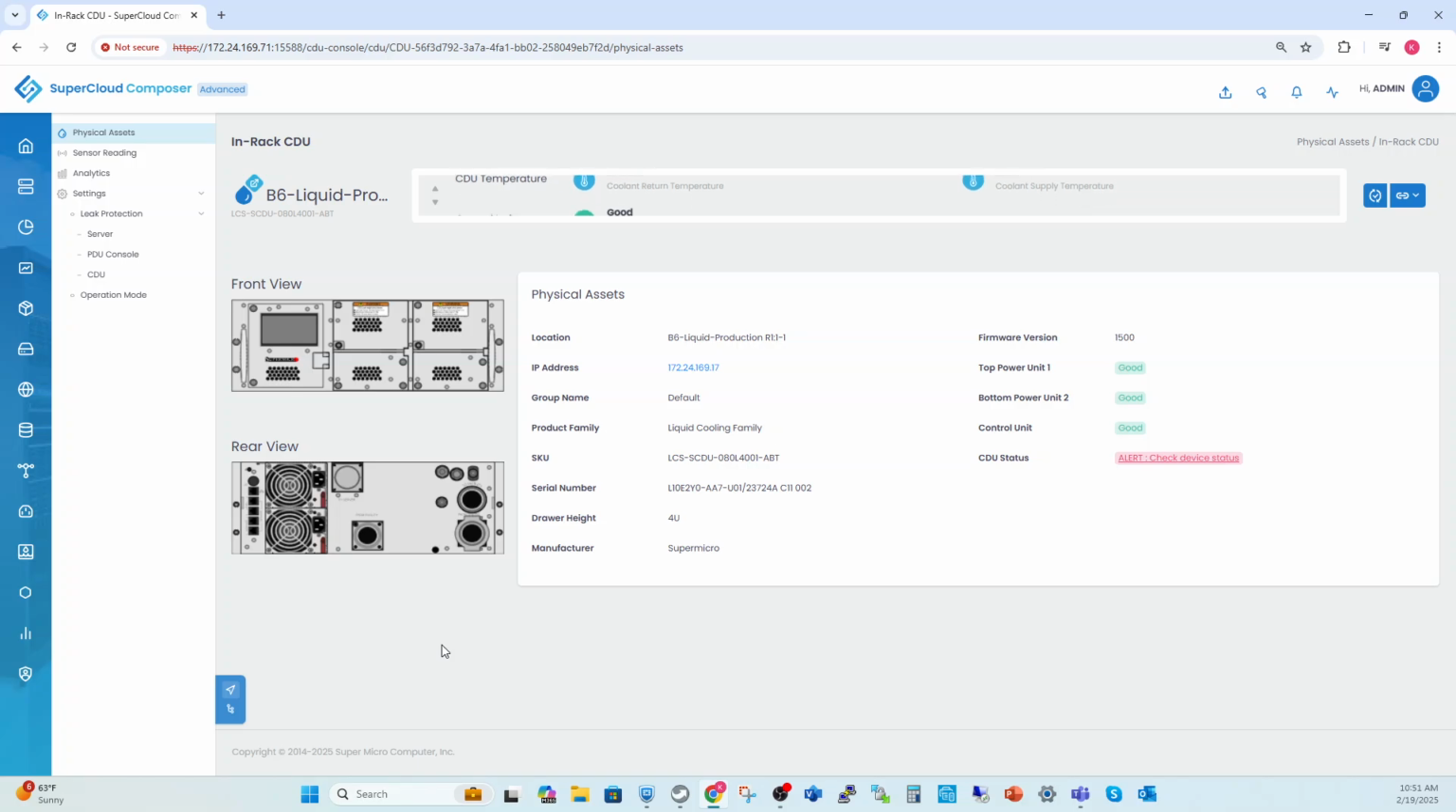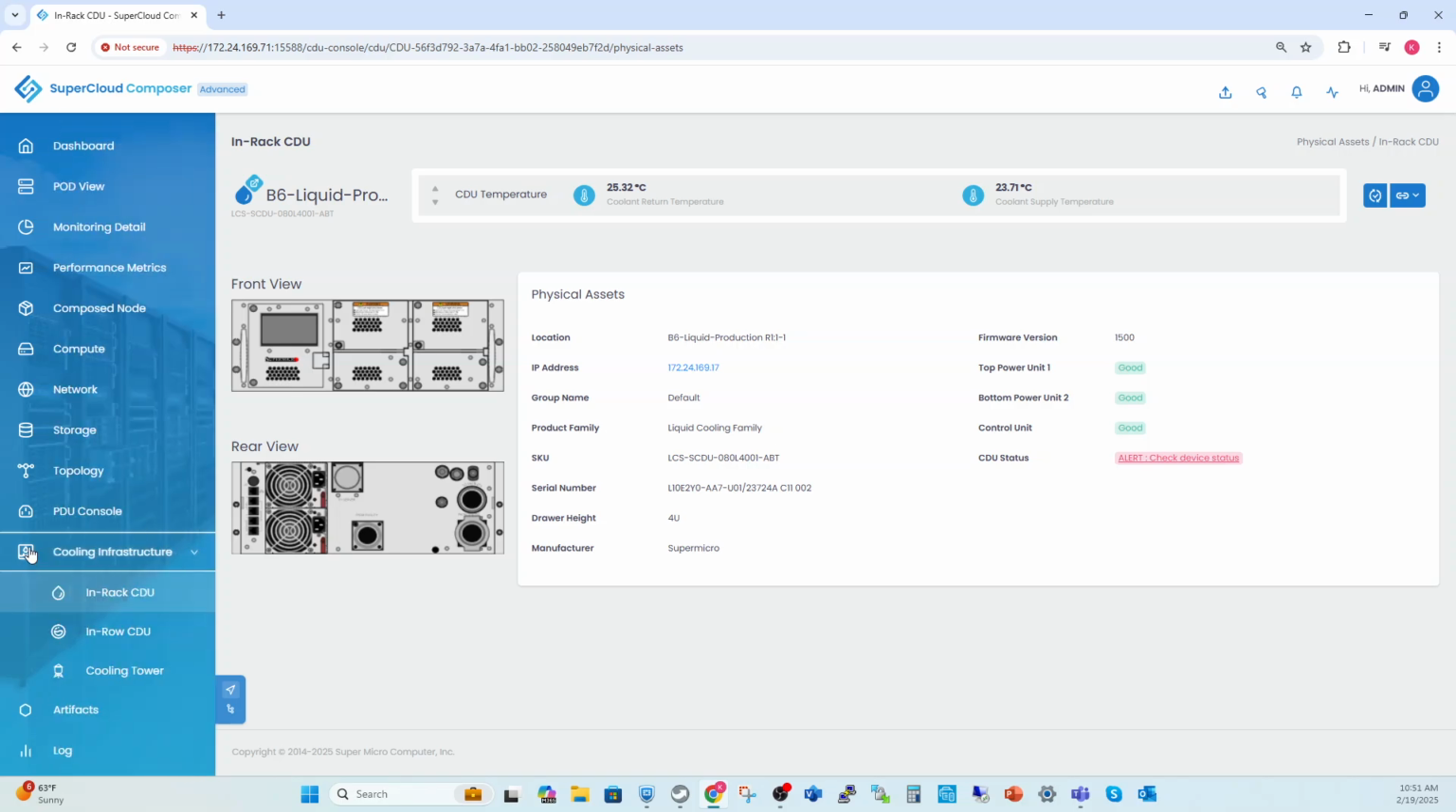What you're seeing in this particular view of SuperCloud Composer is that we've launched the cooling infrastructure support, and how it provides a complete turnkey solution. If you're looking at specific cooling from our turnkey solution, whether in-rack CDU, in-row CDU, or cooling tower for other servers, there's a YouTube podcast I put out called Green IT Data Centers. I encourage you to view that entire podcast,